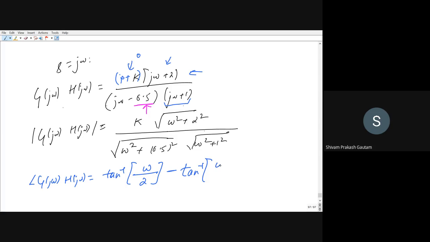That is tan inverse of imaginary by real. The imaginary part is omega and the real part is 1. Now we calculate the phase for the last function. Again minus, because it is in the denominator, that is tan inverse of omega over minus 0.5. Since we have a negative real part in the denominator, I will add minus 180 degrees to the phase. This minus 180 degrees is an extra term used for getting the correct phase, as we saw in the previous example. I am adding it because we have a negative real part, that too in the denominator.